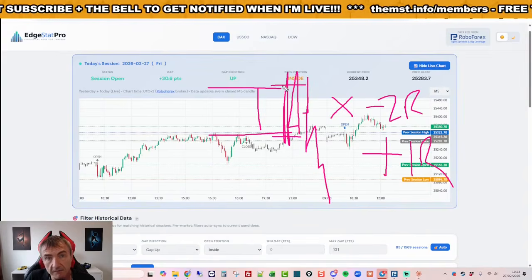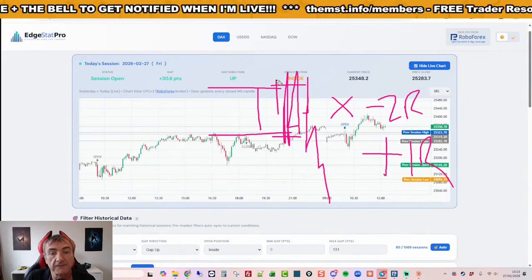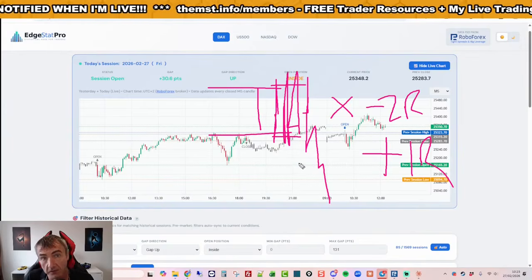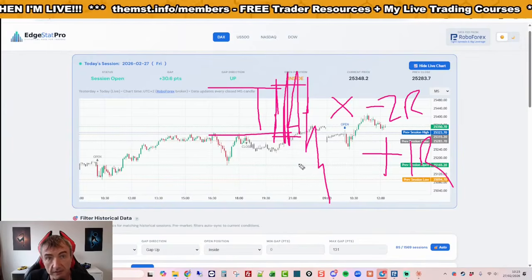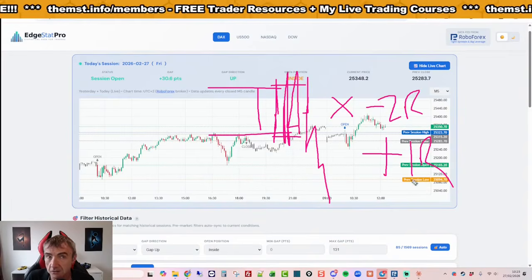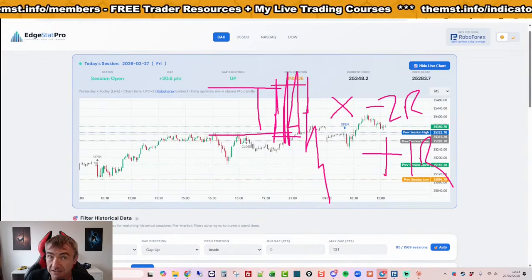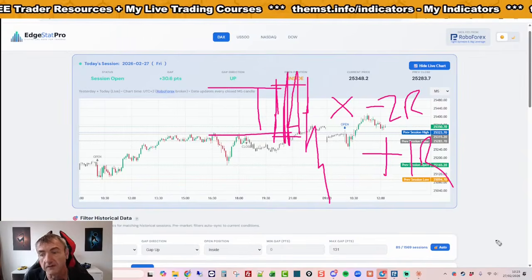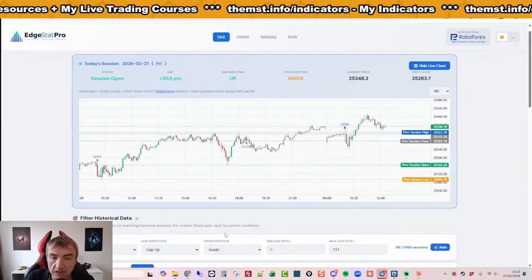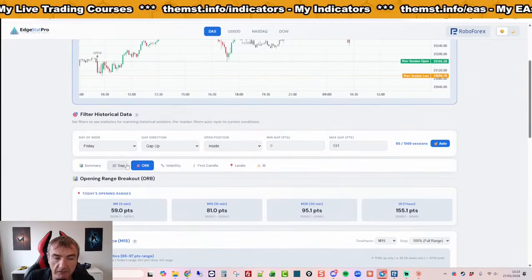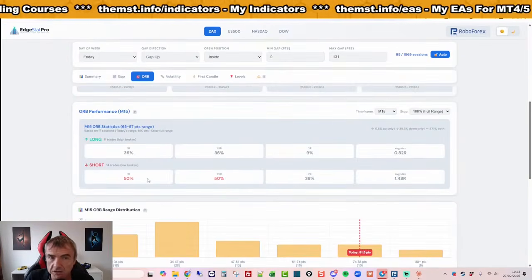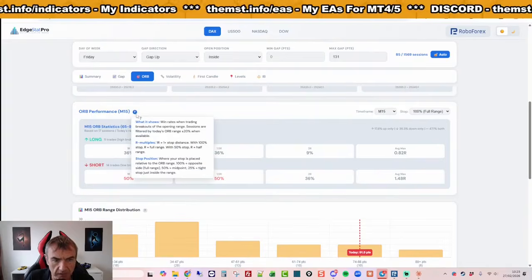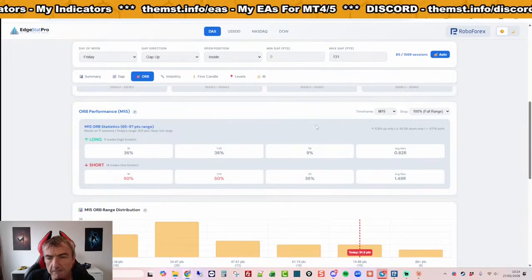But because he's only got 5-minute candle resolution, if the candle pierces both sides, the second or third 5-minute candle, he automatically classes it as a stop out, which isn't always the case, is it? Most of the time, actually, it's not. But I've said use the worst case scenario because we don't want to inflate the figures. So these statistics that you see on ORBs are conservative. I think he says that in there. No, he doesn't say that in there.